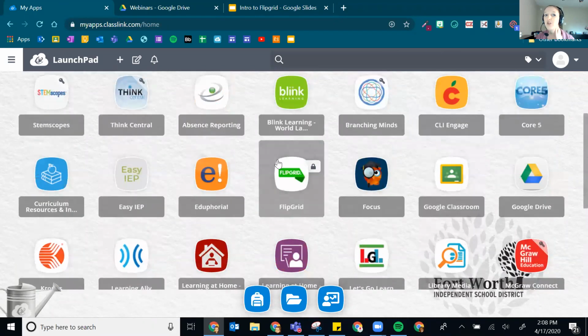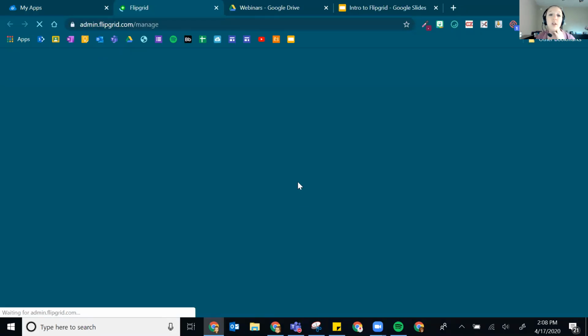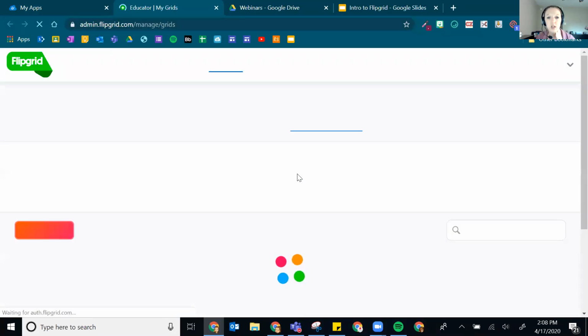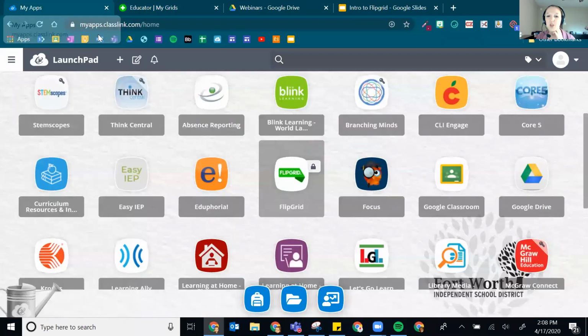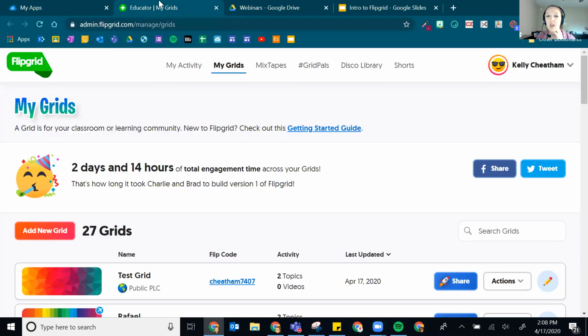It's in mine, so I'm assuming it's in yours as well, and I'm pretty sure it's in the student end as well. So you should see in your ClassLink portal the Flipgrid icon. If you click on that Flipgrid icon, it should, fingers crossed, log you in. I'm not sure what it's like if you do it for the first time though. So you're going to have to tell me what happens when you click on the Flipgrid icon if you've never had